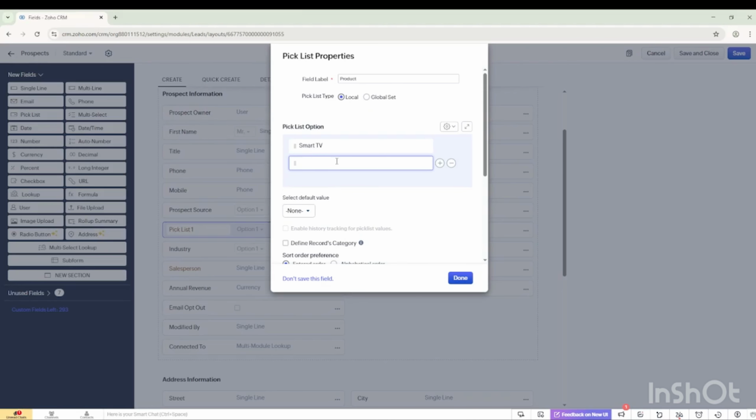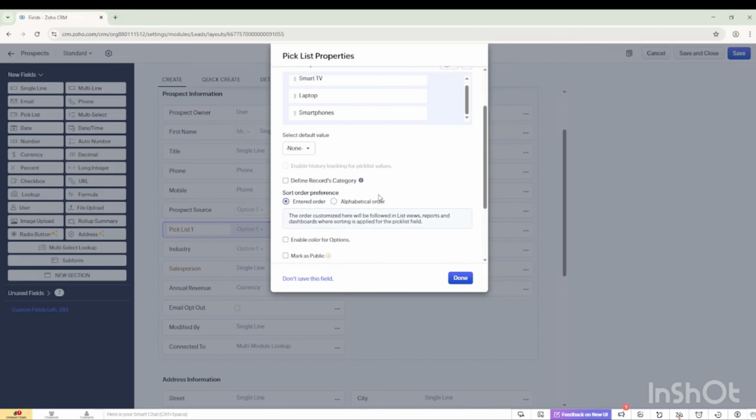The other one I'm going to call laptop. Sorry about that. The last one, I'll be calling smartphones, because these are the products that I offer in my business. So before we save,